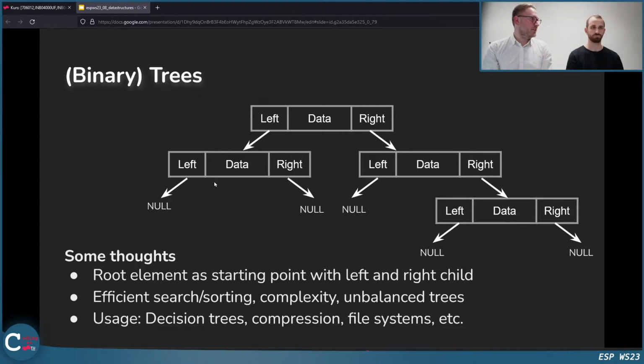So this makes searching easier, because in a linked list you have to go linearly through the list. So cool thing, we have a root element, which is the very first element, the starting point. We have to keep track of the root. And then we have children, a left and a right child, and then we can go through it. So for searching, for sorting, it's really cool.